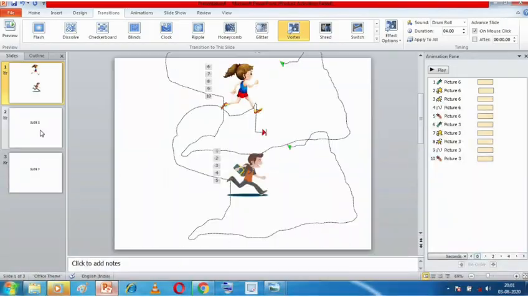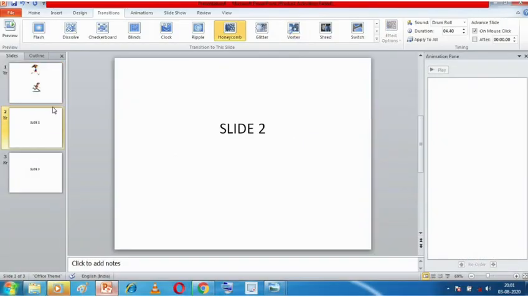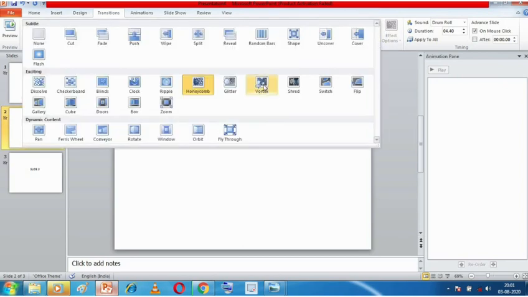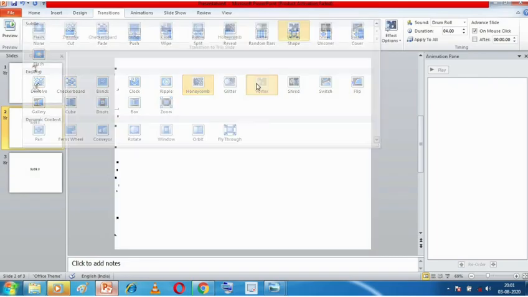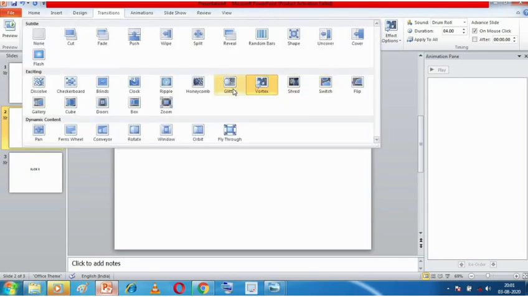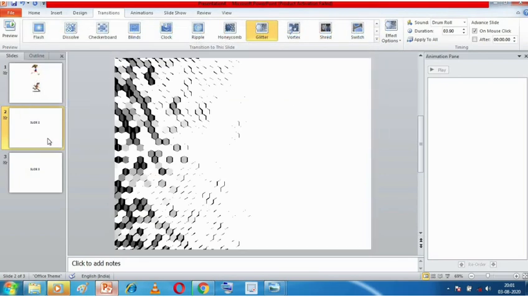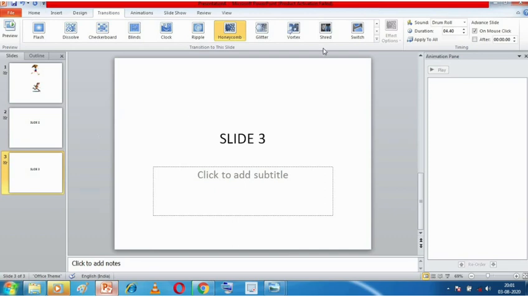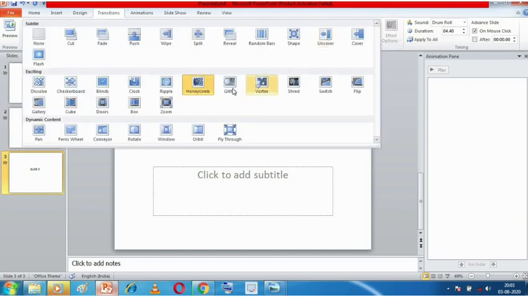Now if I want to change the transition on this slide, again I'll come over here, come to Transition to This Slide. Again, if I want Vortex, then I'll select Vortex. Suppose for the third slide, I don't want Vortex, I want this Glitter. Okay, so I'll select that. Oh, sorry, it happened to the second slide. So again, I'll come over here and I'll select Glitter.